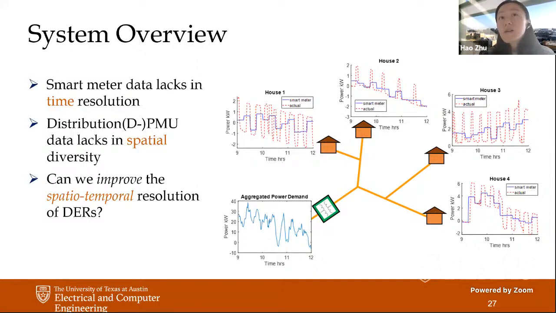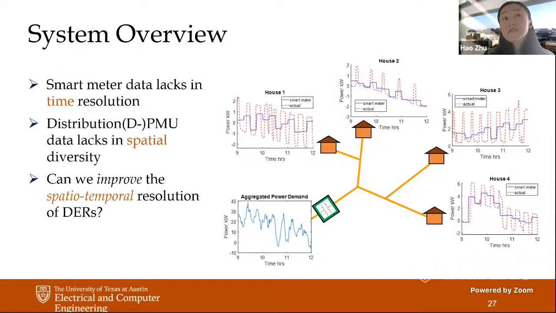The feeder level D-PMU data has very good resolution, but it doesn't have good spatial diversity. While the smart meter data is installed almost at every house, it doesn't have this good temporal resolution. So the question is: how do we jointly utilize both types of data to improve our visibility on each individual load, especially the